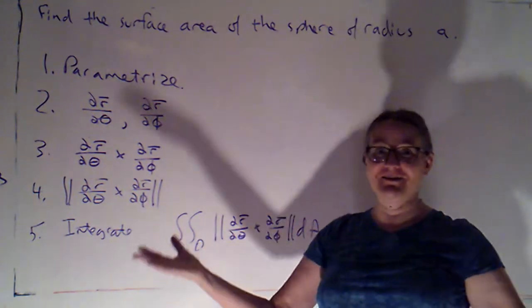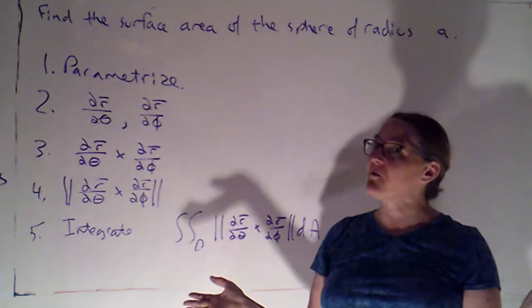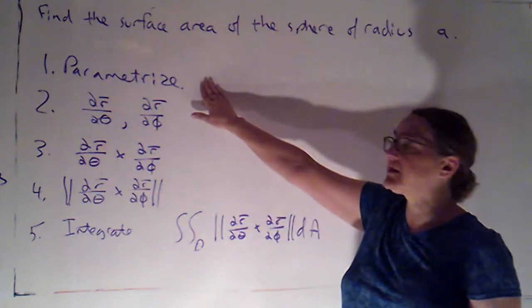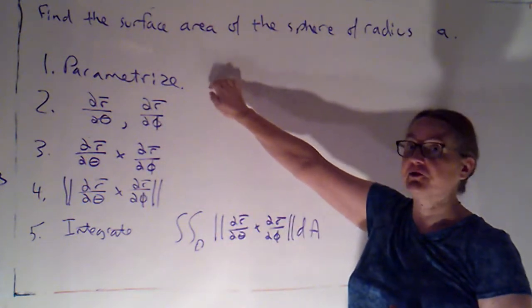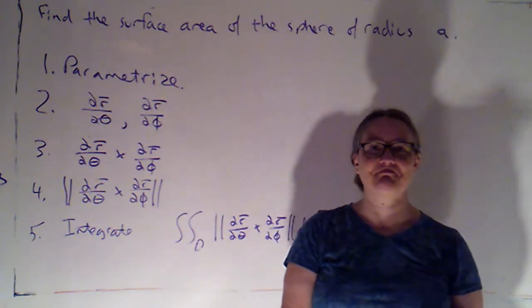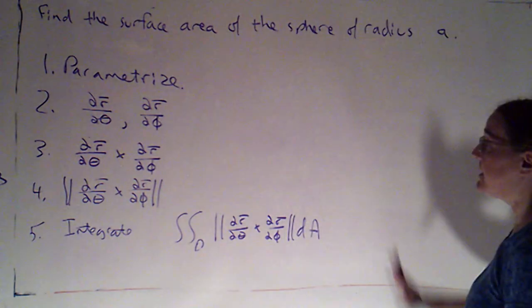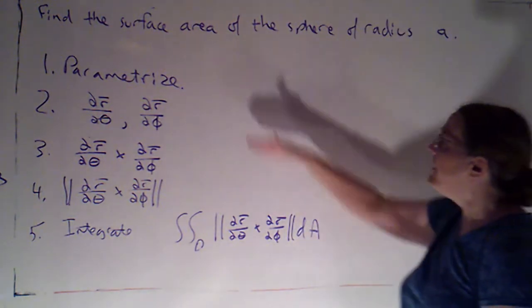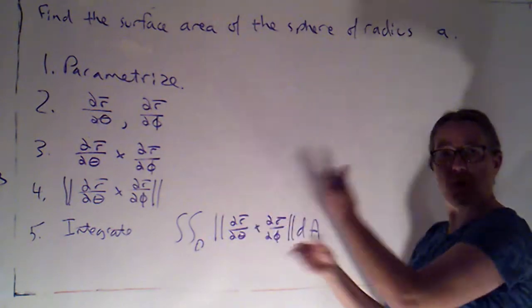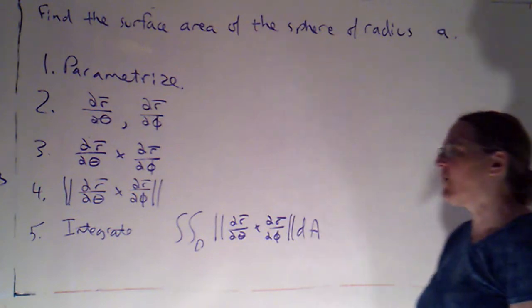So anytime you're writing your parametrization, part of that is also restricting the domain of that parametrization, because otherwise you're implying that you're letting theta and phi, in this case, go from negative infinity to infinity, and that's not what we want. Okay, so restricting the domain, so there's not just the natural domain of your functions, is part of writing the parametrization. Okay, so with that said, I would encourage you to pause the video and try to work this through. Feel free after any of these steps, if you want to tune back in to check your work and make sure we're on the same page, to go ahead and do that.